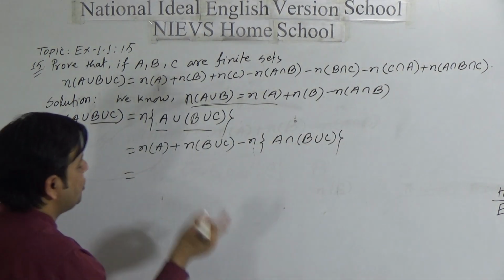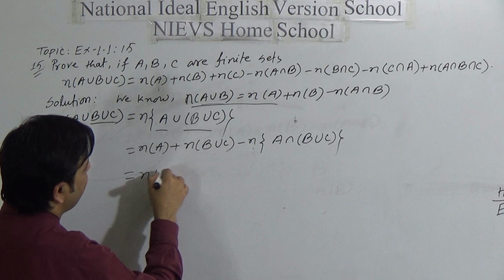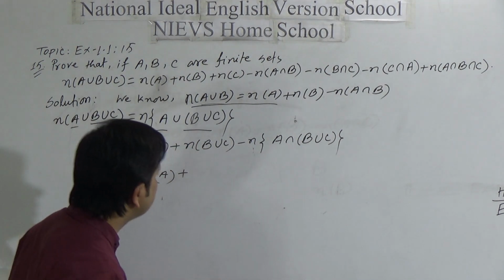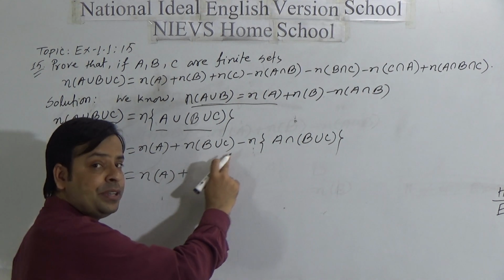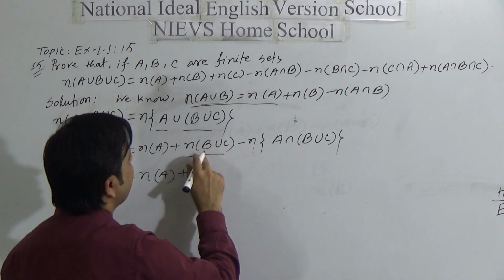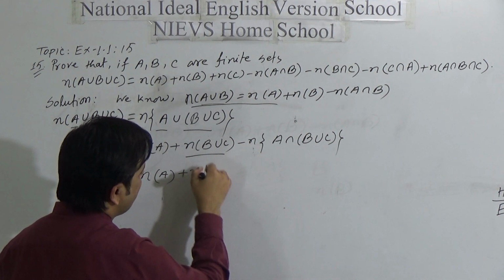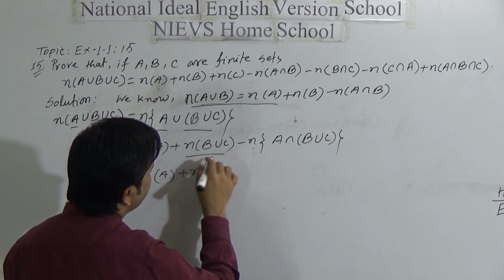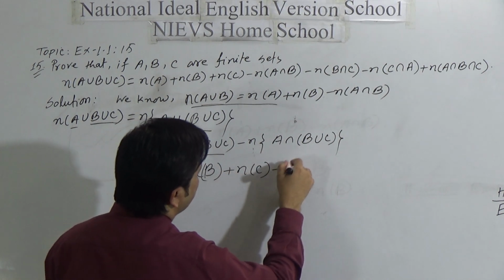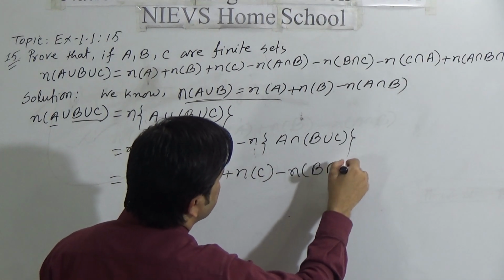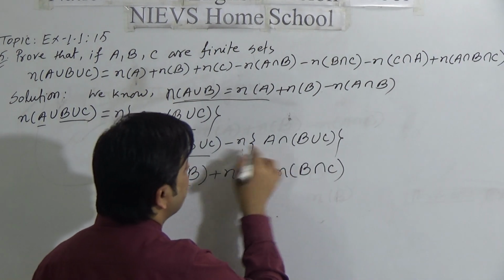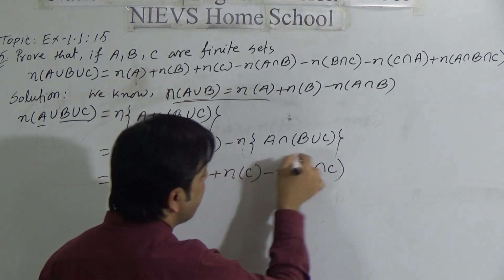So, what should we do now? First one is number of elements of A and then we can write here number of elements of B union C. So, we can apply this formula again here. So, we can write here number of elements of B plus number of elements of C minus number of elements of B intersection C. Now, we have to go to next part, that is number of elements of A intersection